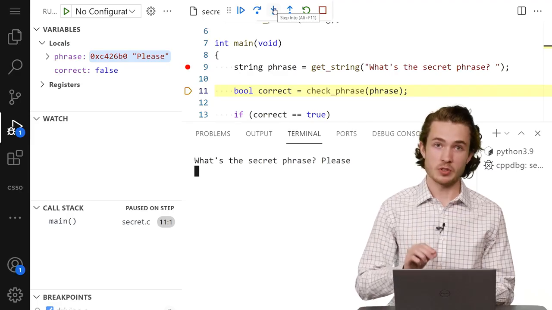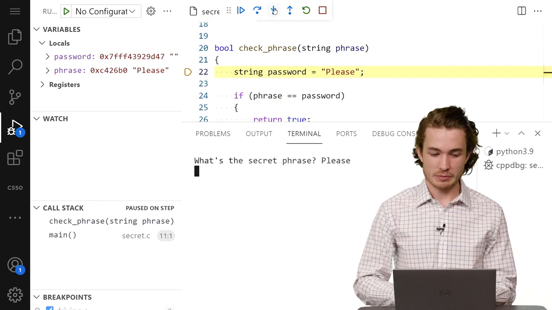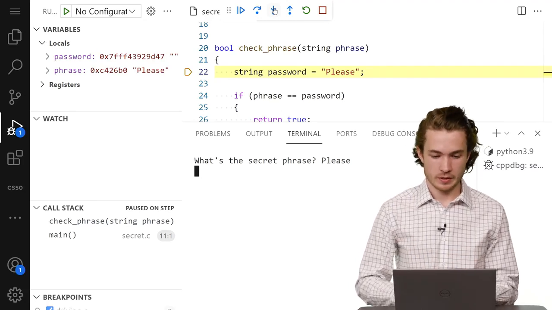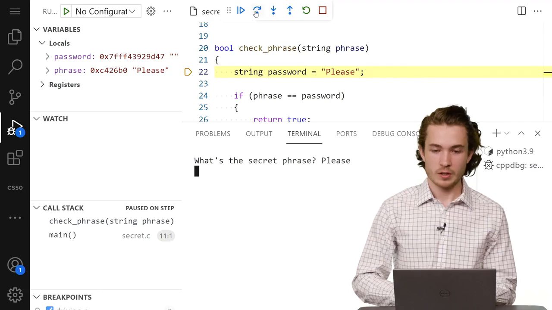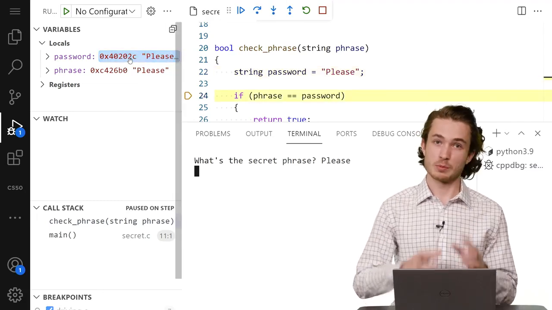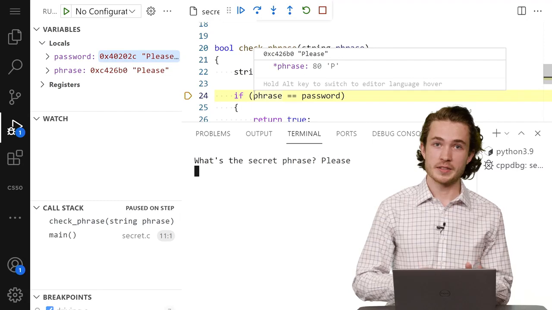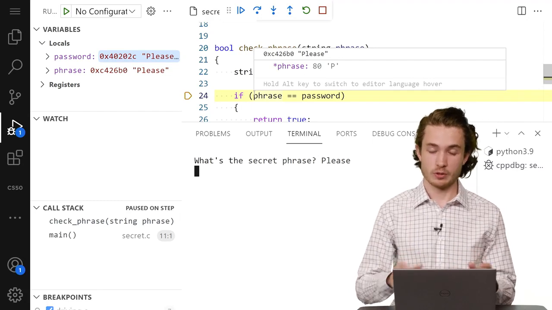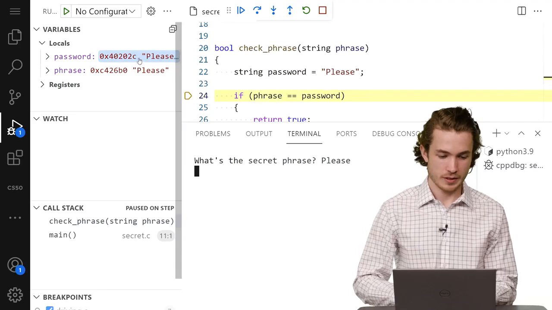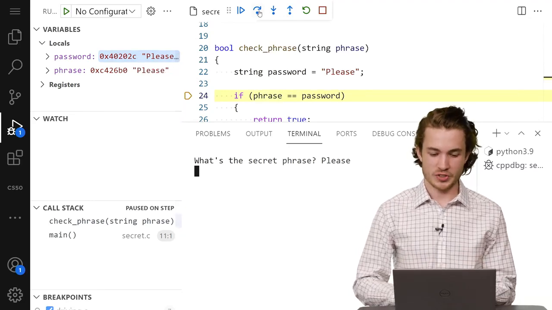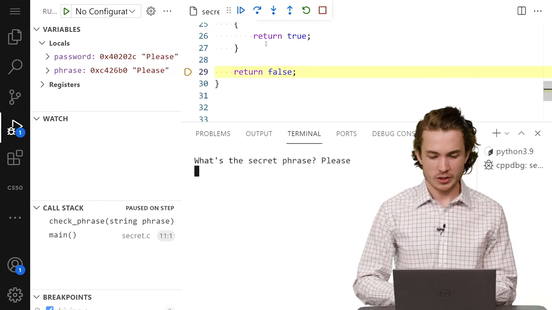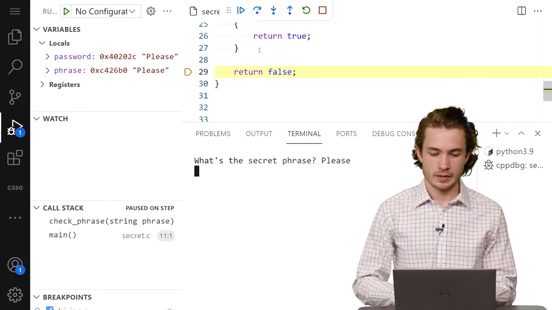So I'll do step into in debug50, and then see I'm setting my password to be please. So if I step over line 22, I should see that password becomes please, as it does on this left-hand side. And now when I check if phrase is password, I should actually be able to return true, because it seems that phrase is the same as password. So I'll step over that and see, well, actually I get to line 29, and this is kind of subtle,